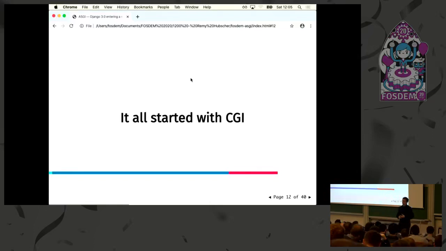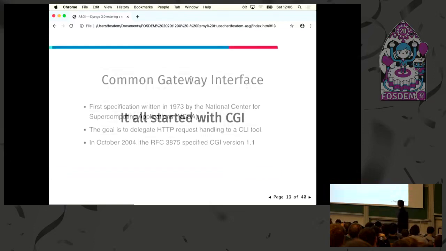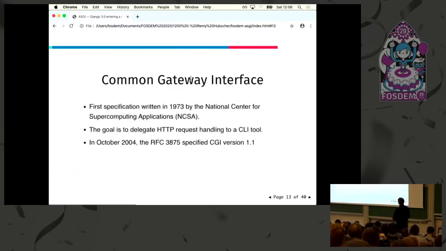So the goal was to make web applications with C. It was something that was really big. The National Center for Supercomputing Applications, it's like a US government thing. They did the first specification in 1993, and the RFC arrived in 2004. So we are still doing CGI today, which could be crazy.